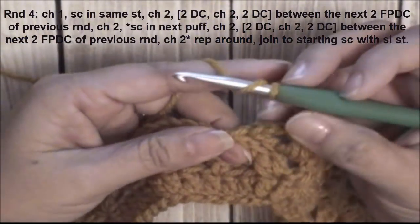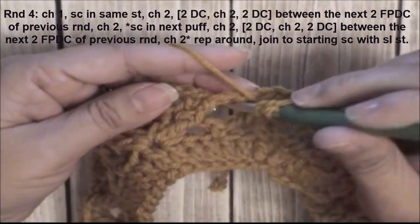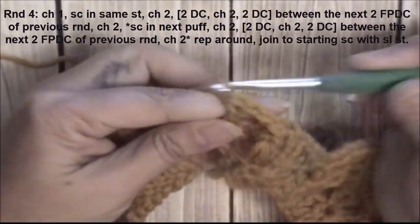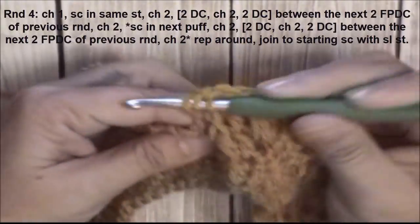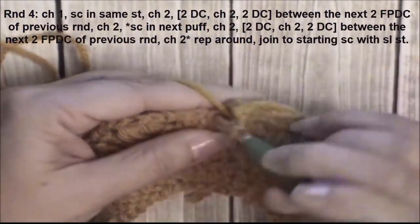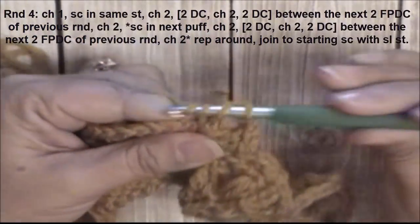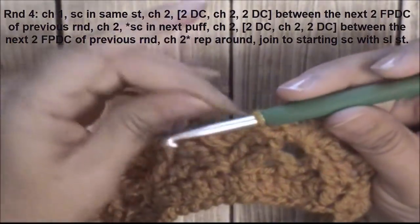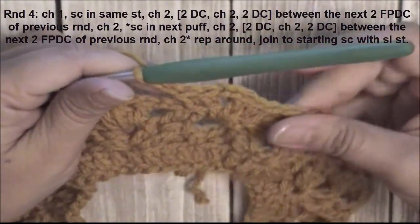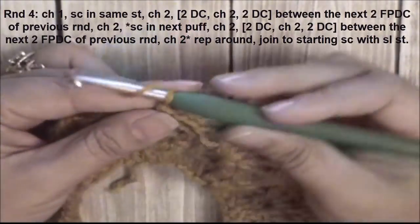So what we're going to do there is 2 double crochets, chain 2, and 2 double crochets. So insert your hook in between, just like this. And here's our first double crochet. Here's the second, chain 2, and then 2 more double crochets. And I think this is a fairly easy round, as now we're going to start the repeat after we chain 2. Okay, so the repeat is single crochet into the next puff stitch, chain 2,